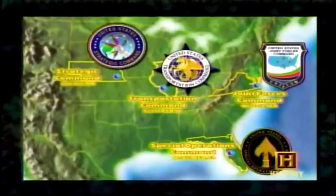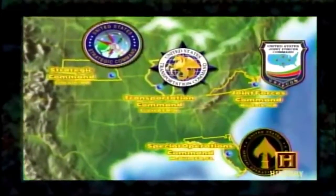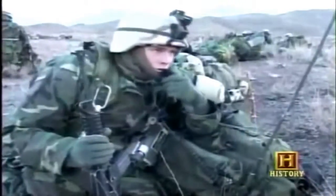Each unified command has a command structure similar to CENTCOM. The commander of CENTCOM answers directly to the Secretary of Defense, and he or she to the President. So there's a direct chain of command with only one person in between, the President of the United States and the Central Command commander. And what is true of CENTCOM's communications network is true of each of the command posts